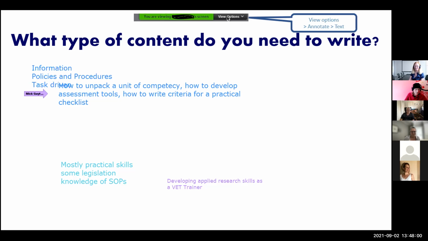And this one here, developing applied research skills as a VET trainer. That sounds really interesting. Sorry, that's me. Oh, good. I was thinking about what I need to do. It's actually given me some good ideas to go forth with. So I'm thinking we certainly need some example research proposals. We're just giving them a blank template, but not necessarily something to build off of for their own, and potentially some scenarios about why, as a VET trainer, you would do research. What kind of things would you focus in on?